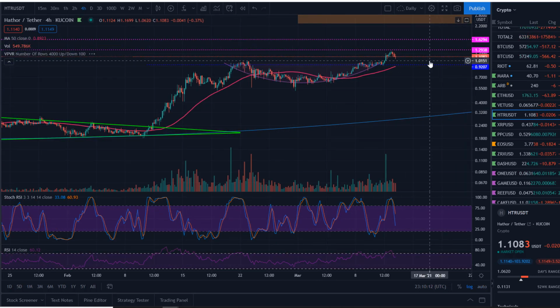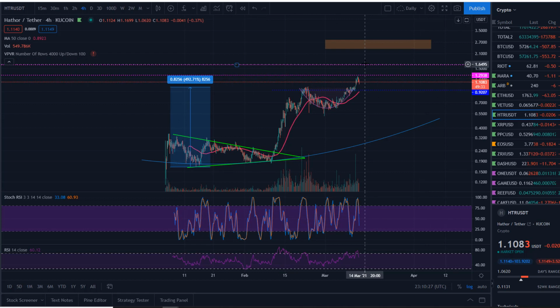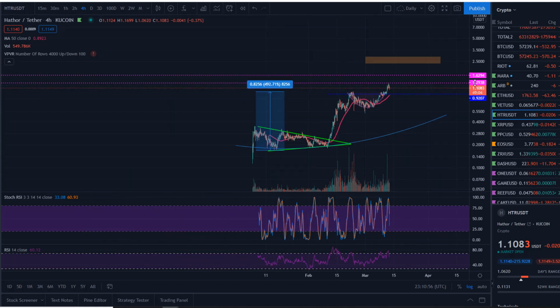So yeah, I'm very, very looking forward to once again seeing 129 breached and then pushed well into this $1.60 region for Hathor, which should be kind of some good targets for me. And once again, decision time: do I risk off, take some profits, push it down into some other things, or potentially the other thing is if this corrects a little bit more and say 1 ran away, I might even put some 1 into Hathor and kind of top up this bag,